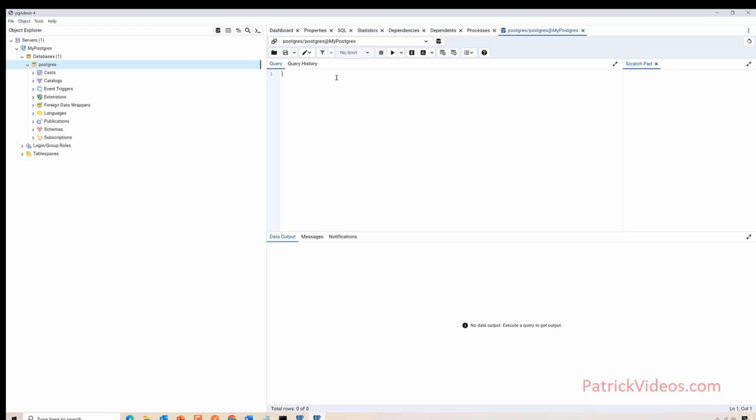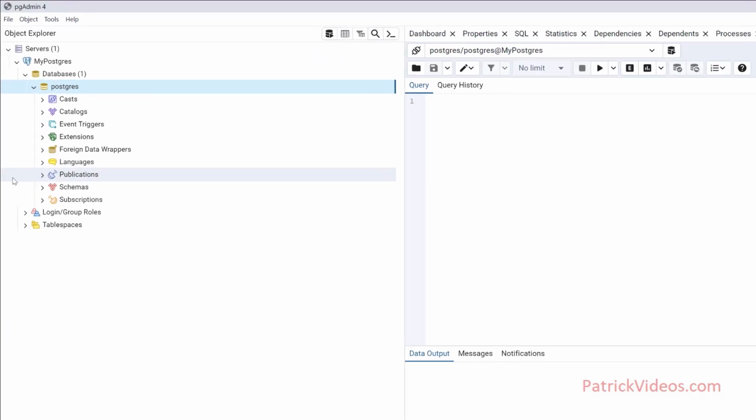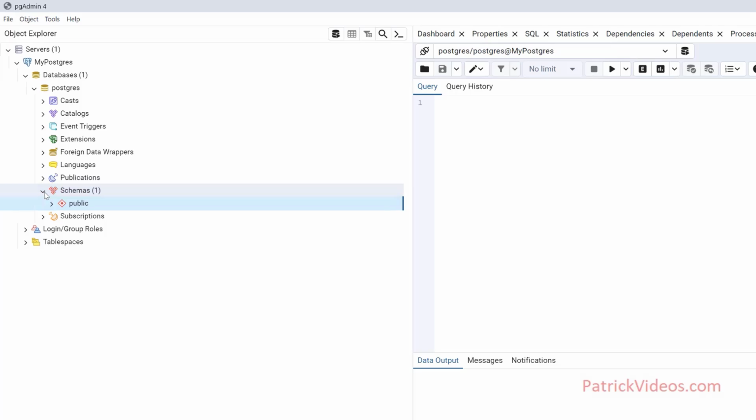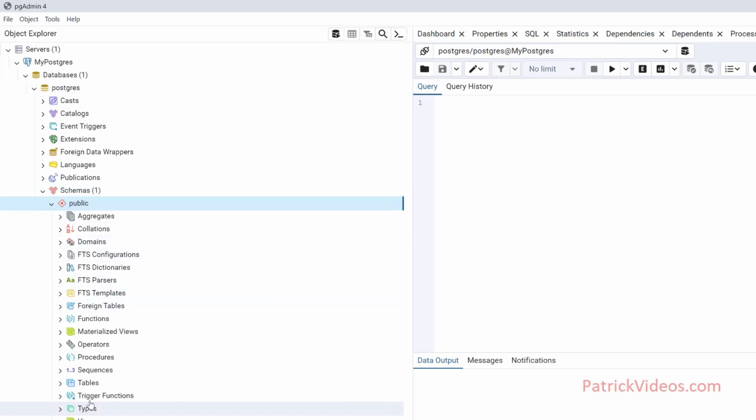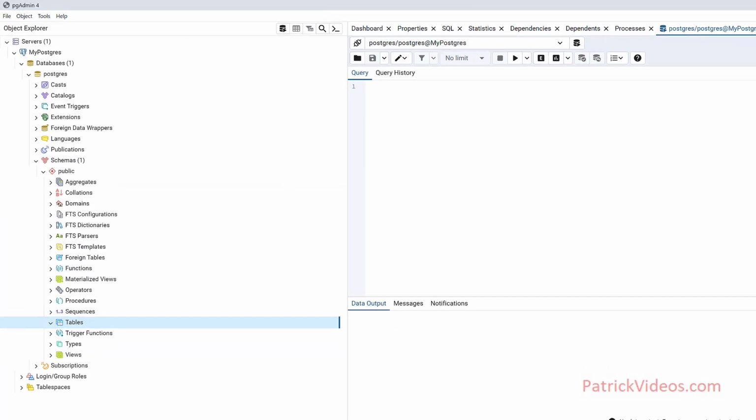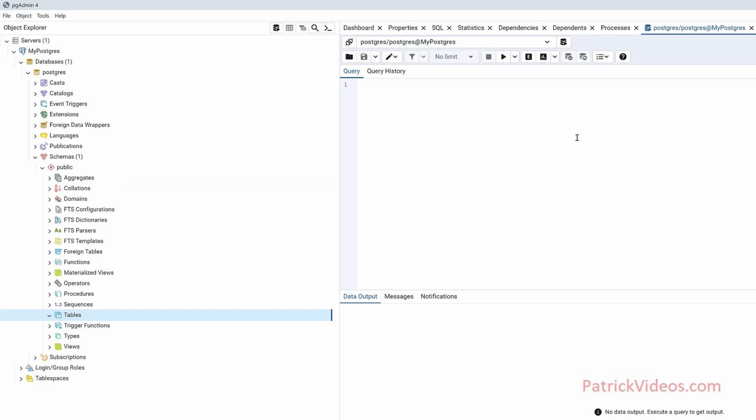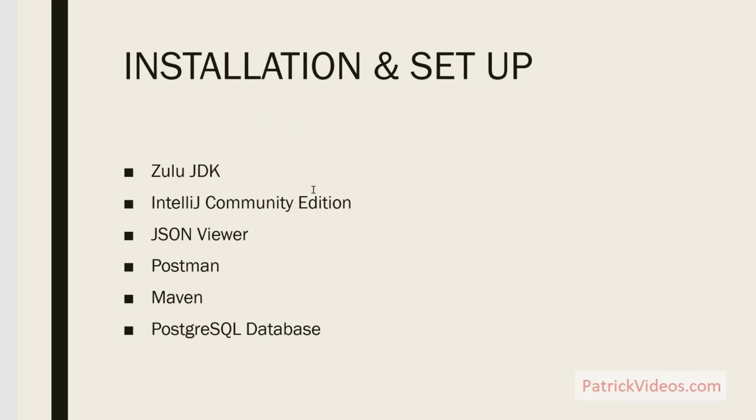And here you can write your queries. You can see that it is connected to the Postgres database right here. And the tables will be over here. So this completes the installation of the Postgres database. Now that we have installed all these tools,